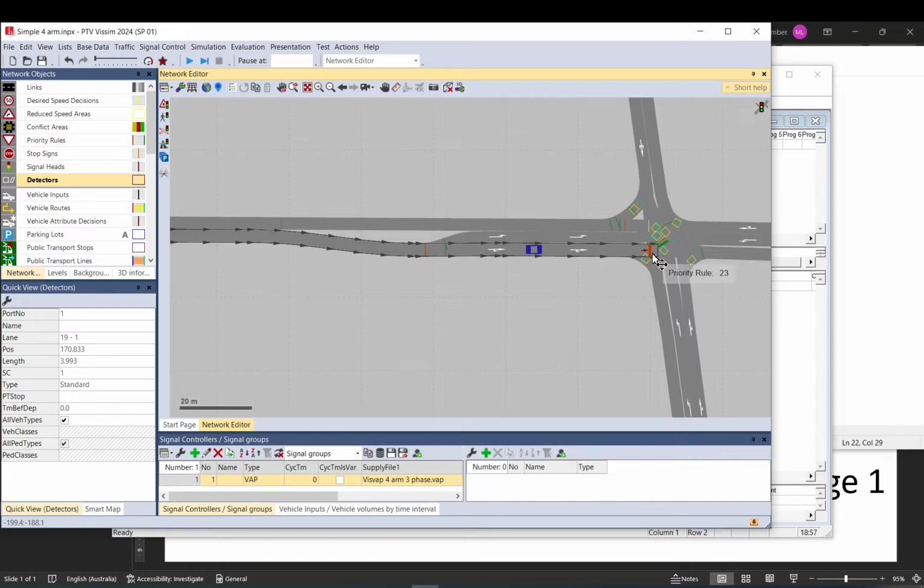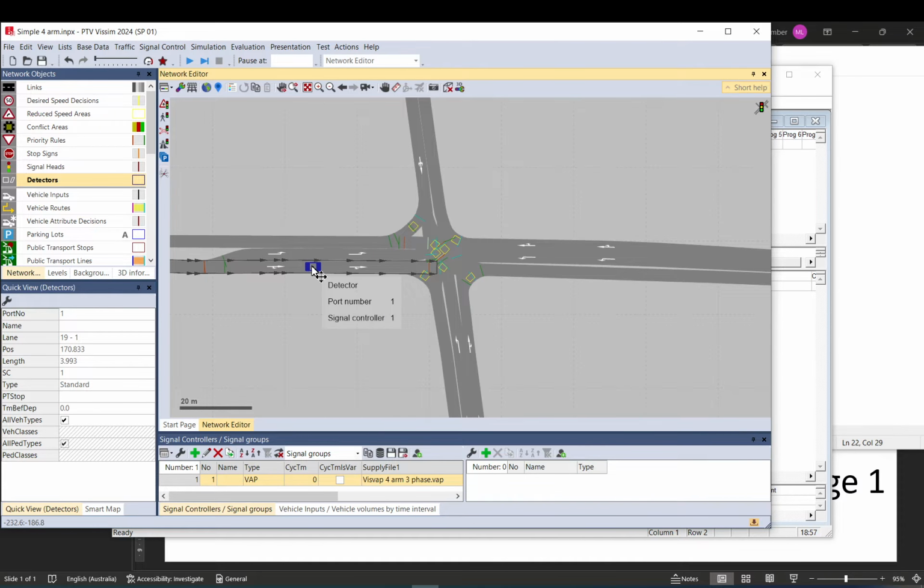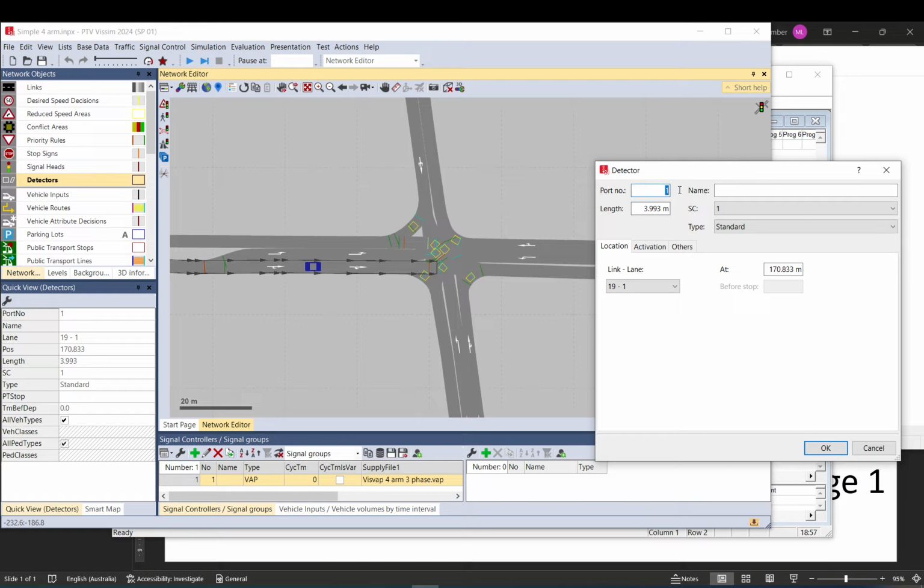However, we only need to keep it open to a maximum green time, let's say a minute, because if there is a demand on it, it can't be green forever. So after like a minute of green time on this, we will check demand on the others, and if there is a demand, we will switch. Okay, so let's place a detector here, port number 1, signal controller 1,